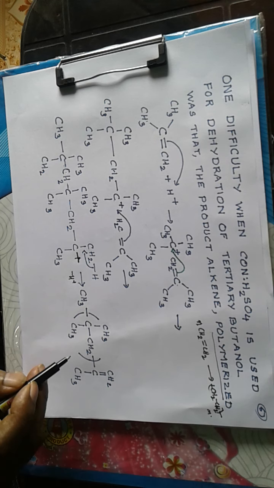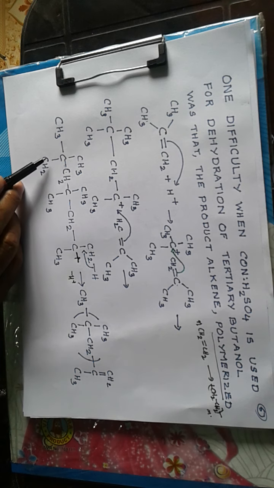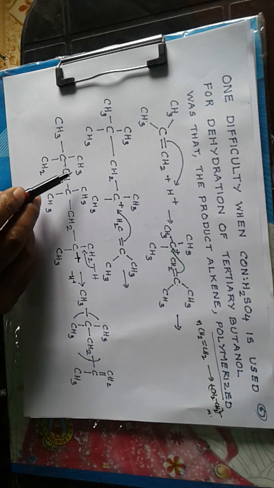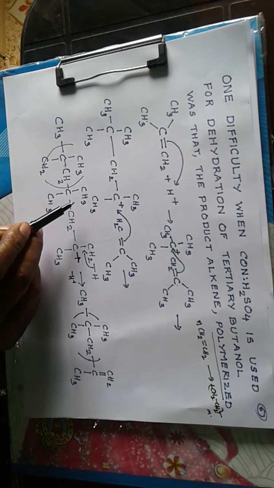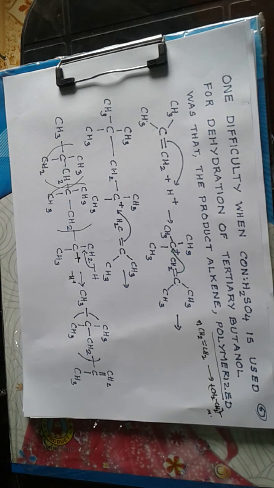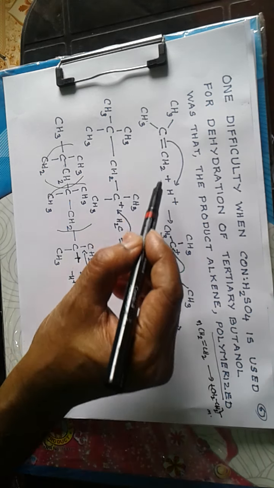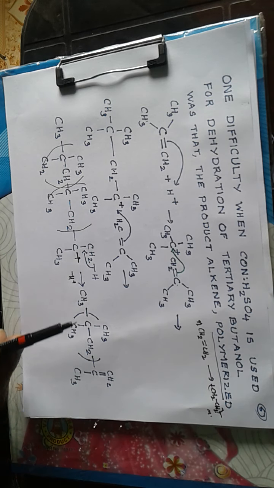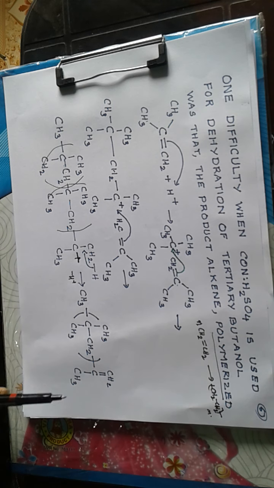So the C(CH3)2CH2 group is repeated. This grouping is repeated to get a long chain. Now we can write down these equations if you understood it. Then write this structure of the polymeric molecule, and you need not study these reactions, but it is better